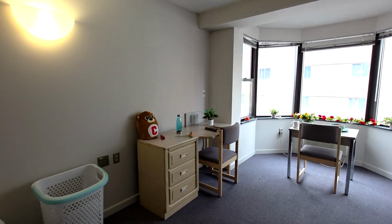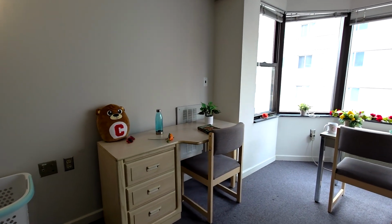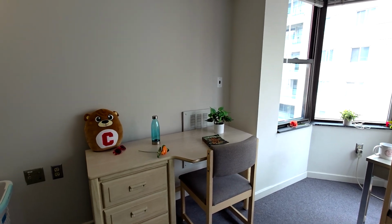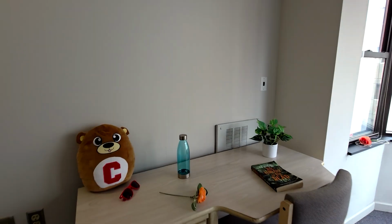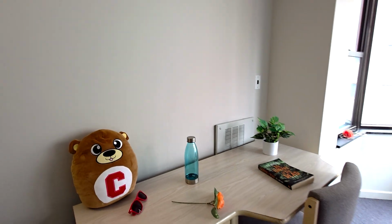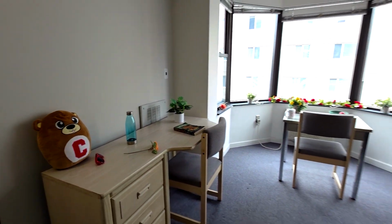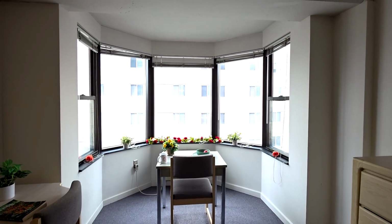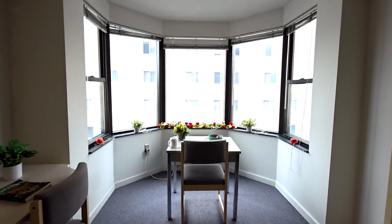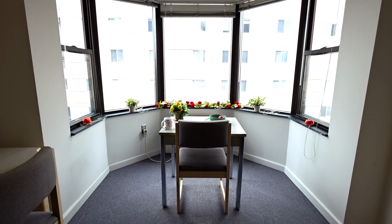Here's an example of furniture that you would want to move. You would want to move the desk so that it is not blocking that heating unit over on the wall on the left. So you'd want the desk in a different position so that heat can circulate a little better in the winter. So over here, this area where we have the windows, from here, all this is extra space